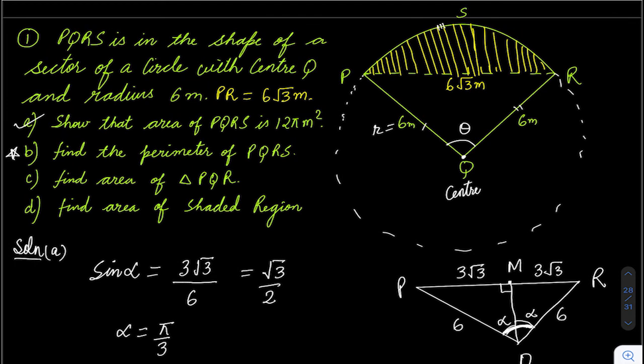So this is what questions will look like. They can ask areas of triangles, of sectors, and they can ask perimeter of sector, they can ask length of arc, they can ask for area of triangles, then they might give some shaded areas. So that will be a combination of the previous areas, whether positive, plus or negative. That depends on the question.